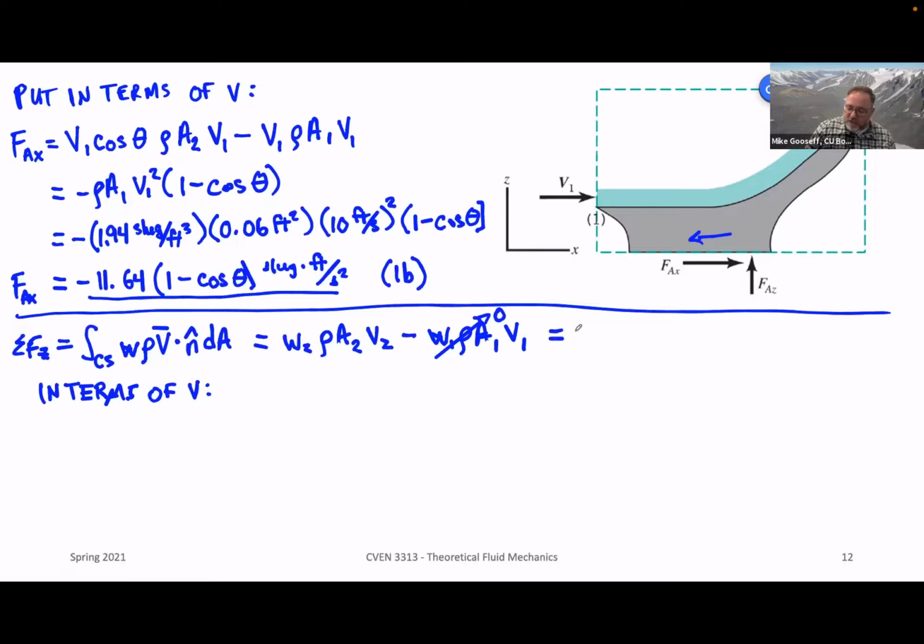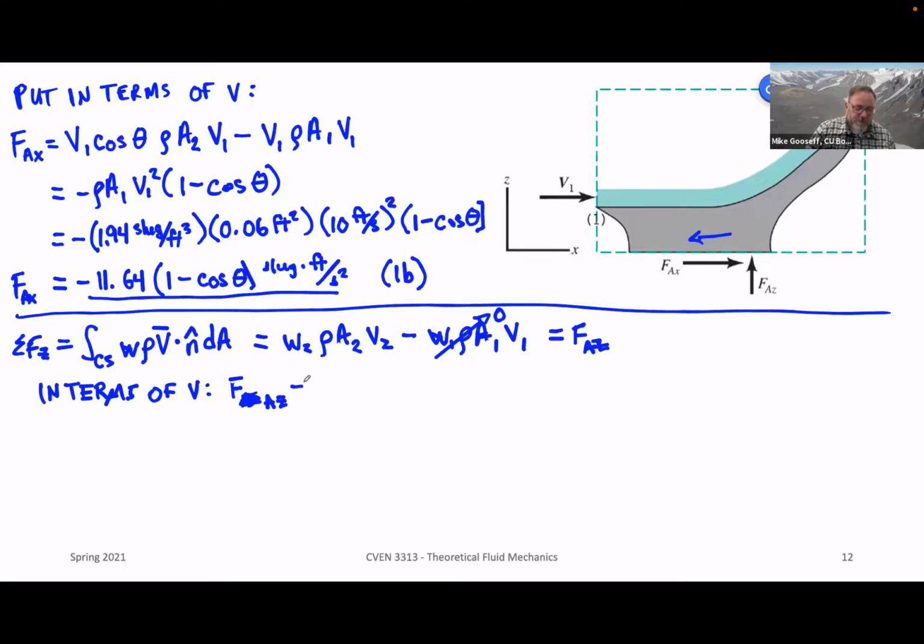I hadn't written this before, but this is the force holding this vane up. So FAZ, the Z component of the anchoring force,